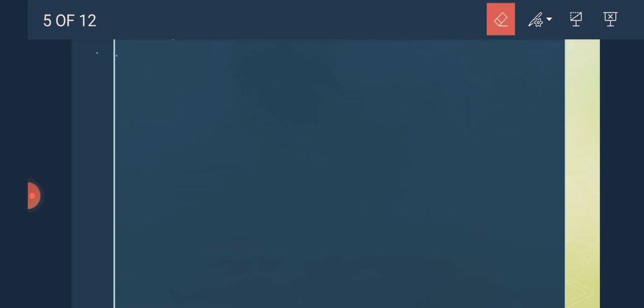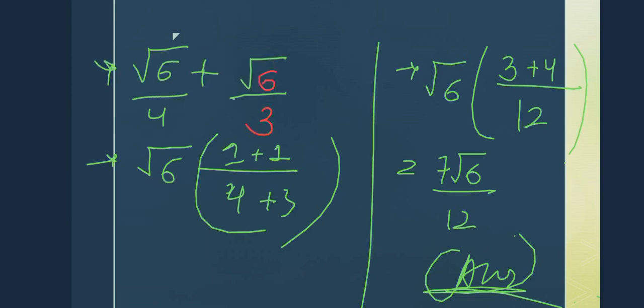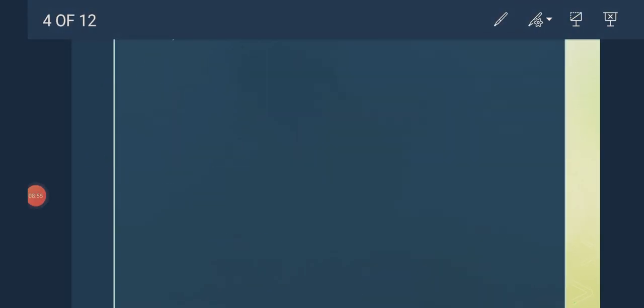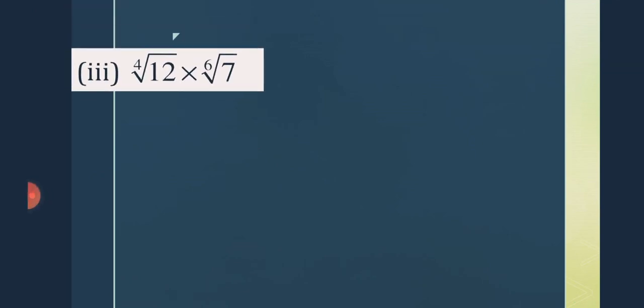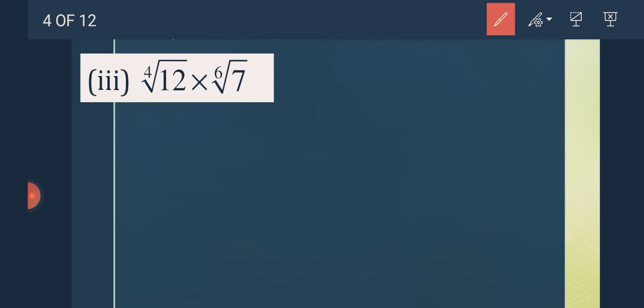What do you say, should I do this question or should I take you to the next question? Because let me rub it. I will rub it all, then I will do it for you. Let me take a click of it. Okay, now we can rub it. Now over here this is the third question, that is the 12th root, and it is a fourth. Let's do it. Very easy question, like a halwa. So we are going to simplify it.